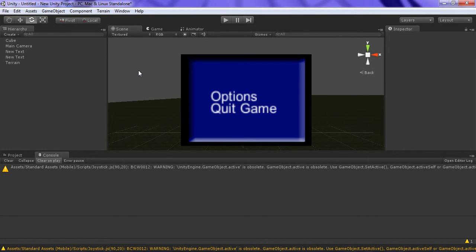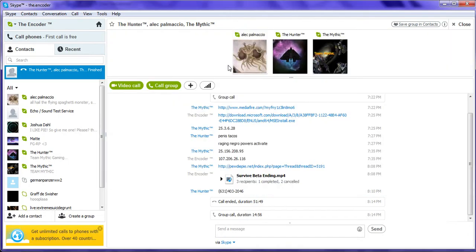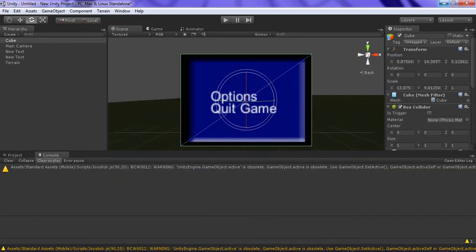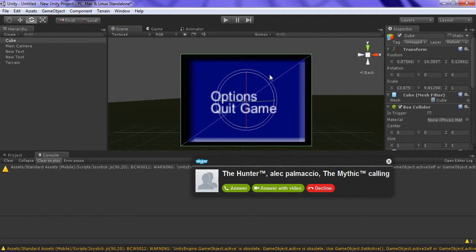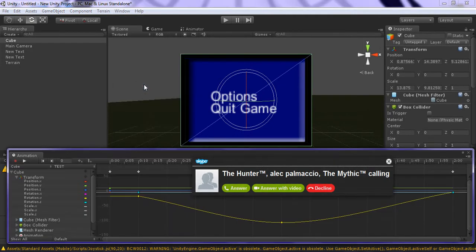But basically, we're just going to be using the same scene that I showed you in another video I made on how to make an animated start menu. This is really simple. All you're going to do is get the object that you want to rotate or animate, go up to Window, click Animation, and it'll come up with